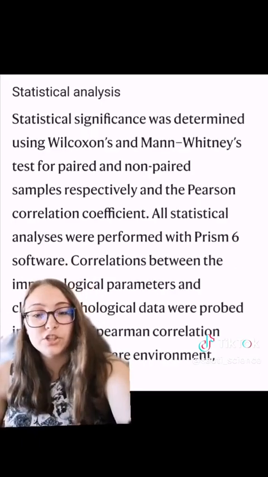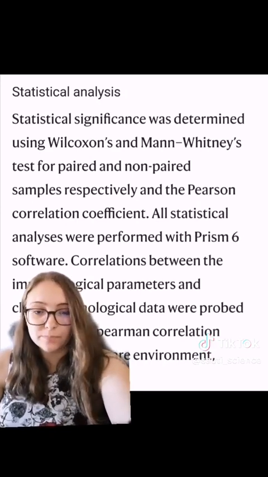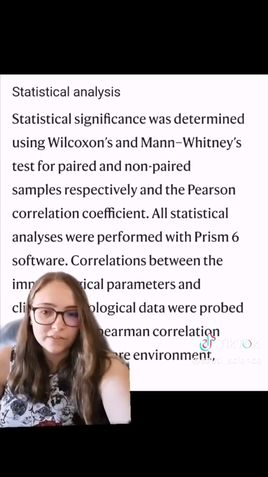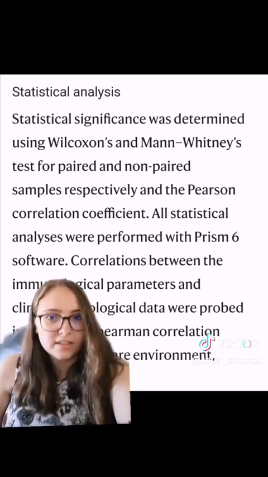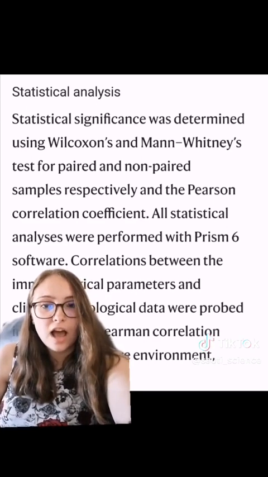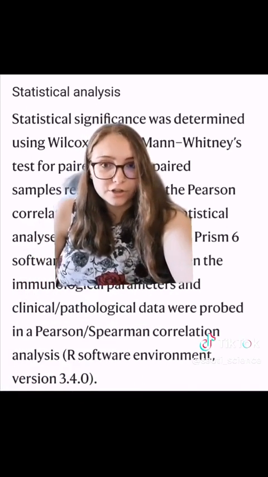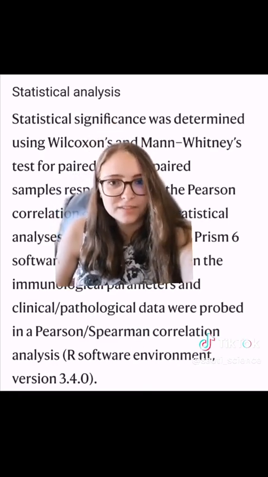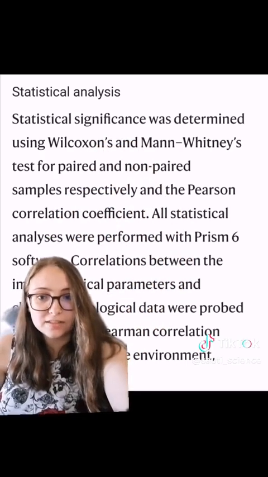There is also mention of statistical analysis, which if you watched my previous videos is a pretty important step, just so you know that the results are significant. They're not a fluke, they're not up to chance, and they are statistically significant. And this is good because it clearly mentions what statistical tests they used, how they did it, and what software they used. RStudio, my favorite. But anyway, statistical analysis, even in R, very important steps. So good that they